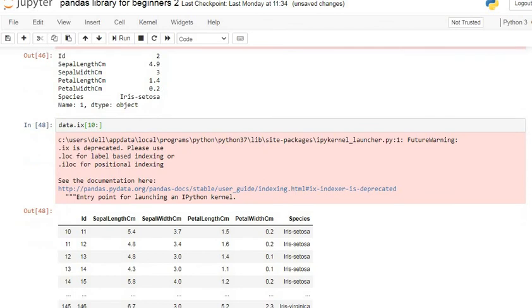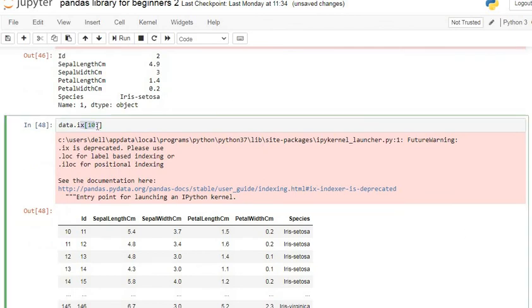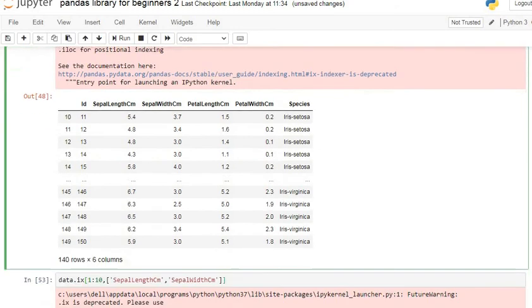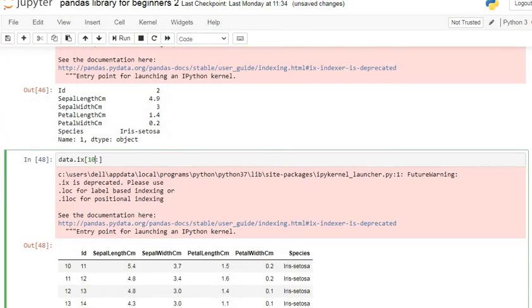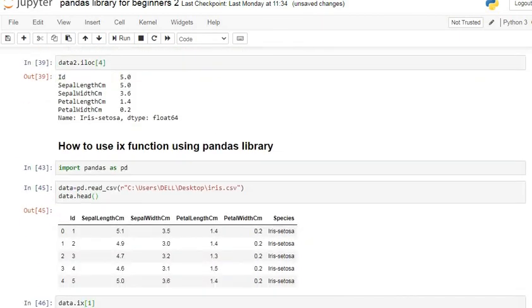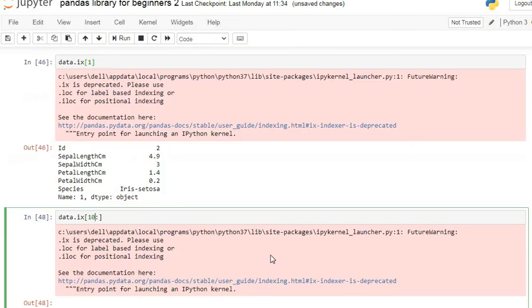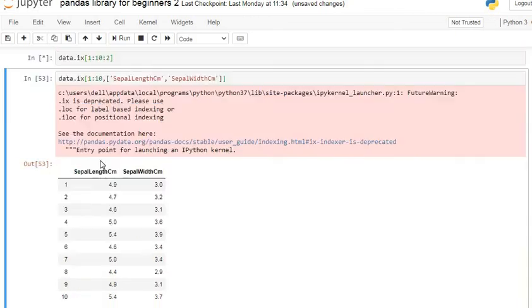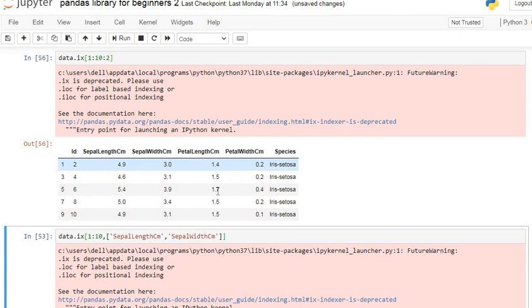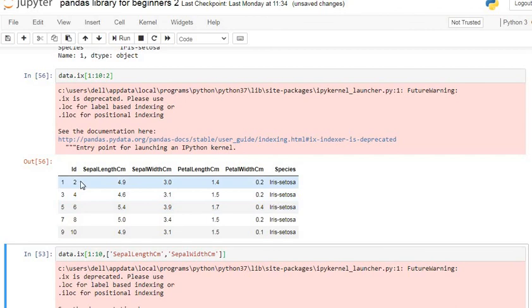You can specify a range also, you can slice like this. Let's say, as we use in the iloc function, let's see if it works or not. Let's say we specify all the rows from 1 to 10 with a difference of 2. Let's see if it is working. We will get all the rows with a difference of 2. The index difference will be 2.